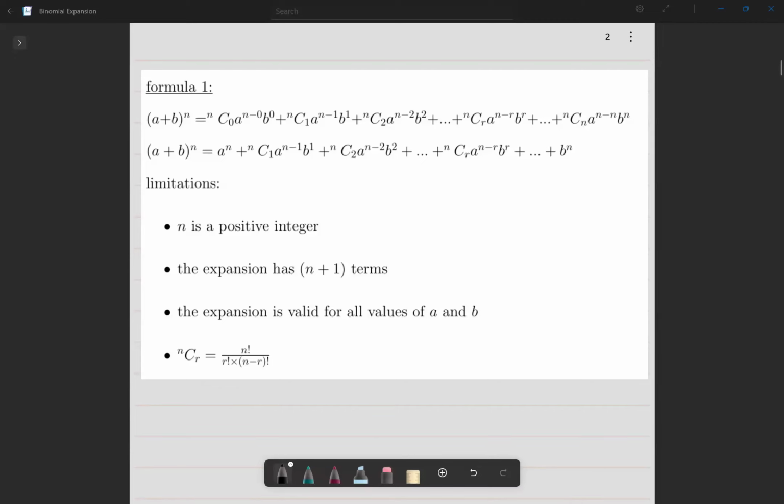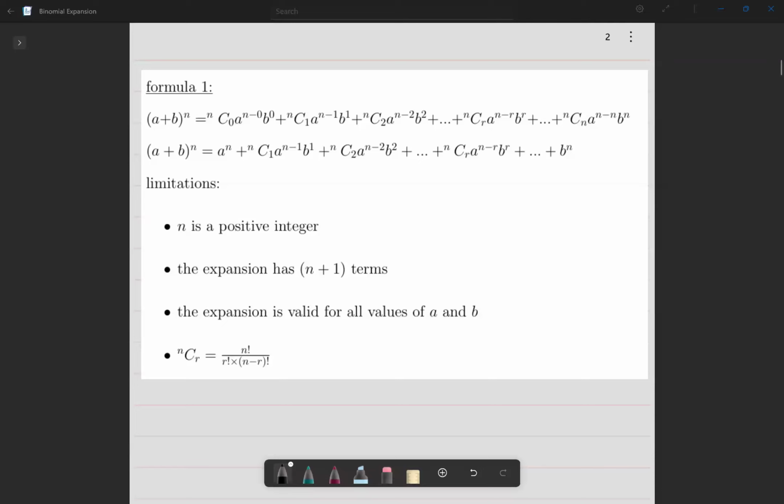In the last lecture, we have seen the two formulas for binomial expansion. Today we will be solving a few sums from the very first formula that we learned from the binomial expansion. This was the first formula where if we had two terms a and b raised to the power of n, the formula used to go like nC0, then a to the power n minus 0, b to the